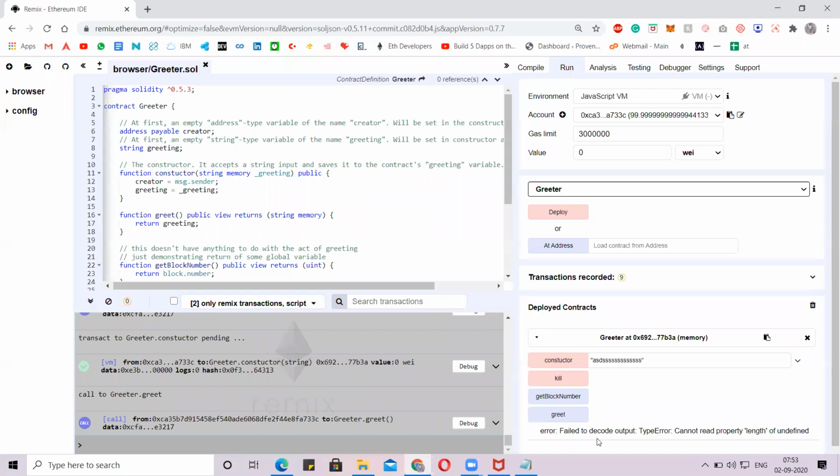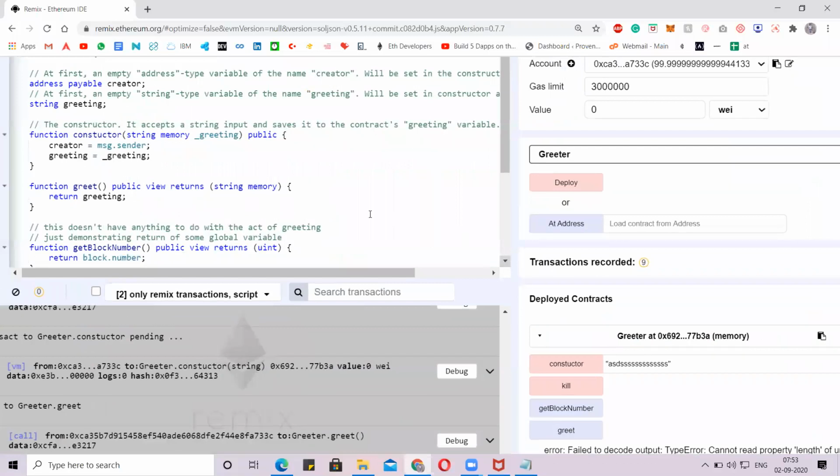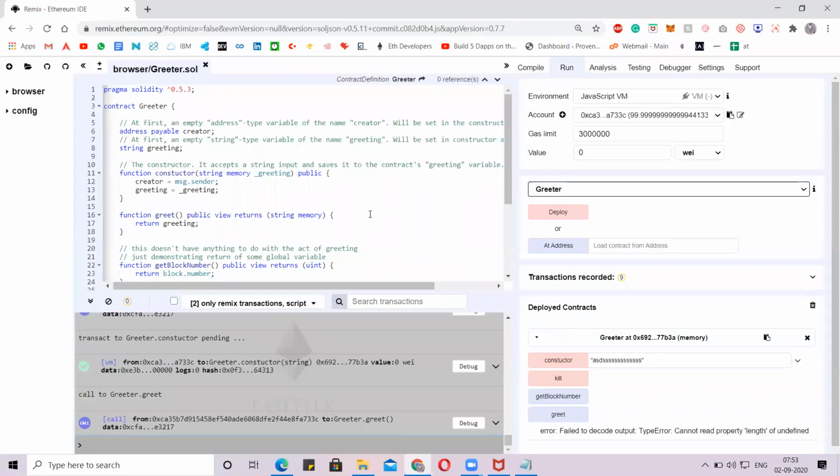Give a to-the-point answer. Why do we need to deploy again? Just elaborate your answer, Anudeep. Fast. Guys, I need an answer.